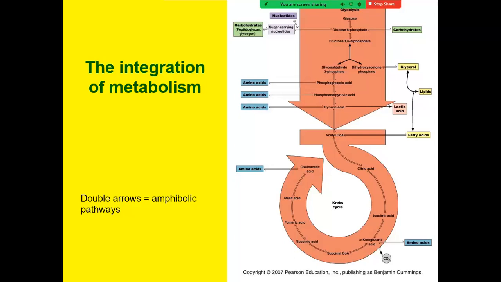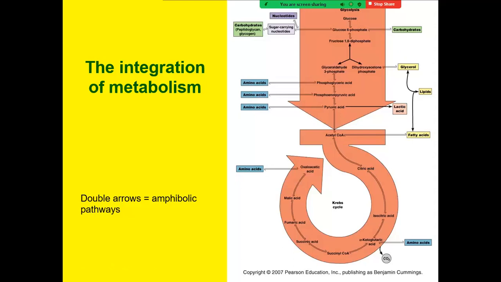And that's not shown here, but the lipid being broken down into glycerol and fatty acids, that can go both ways. The glycerol will be utilized by the glycolysis and will enter right here. And then the fatty acids will be broken down into 2 carbon chunks and will enter the Krebs cycle here.